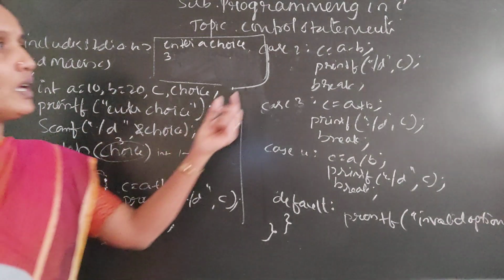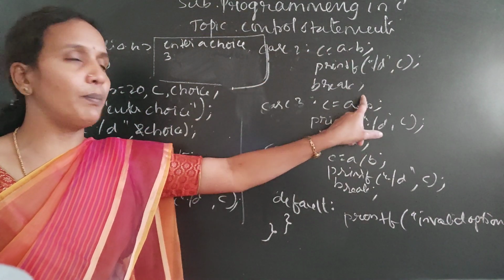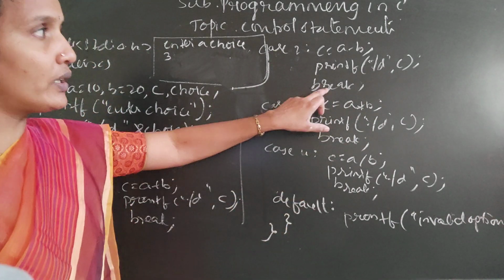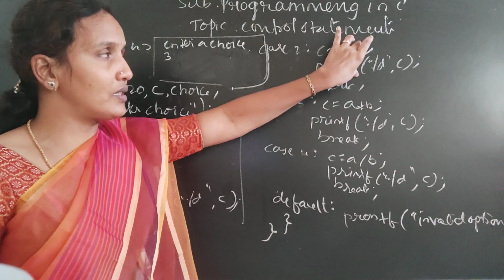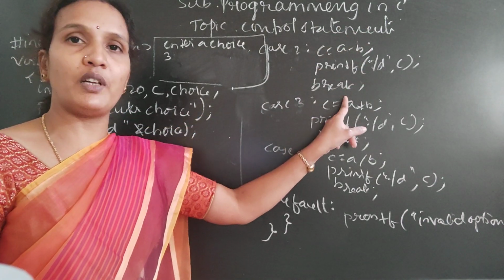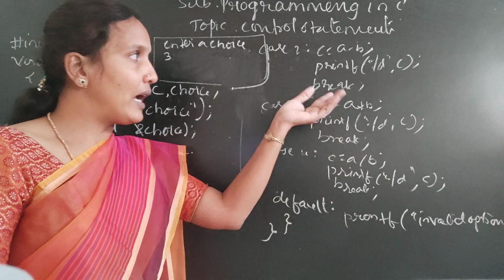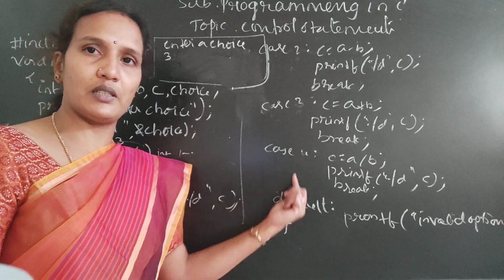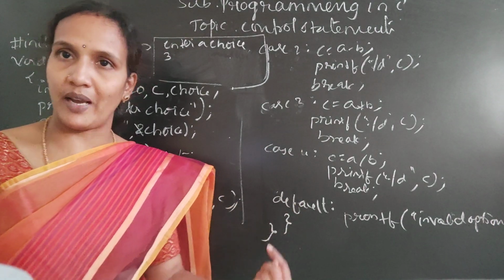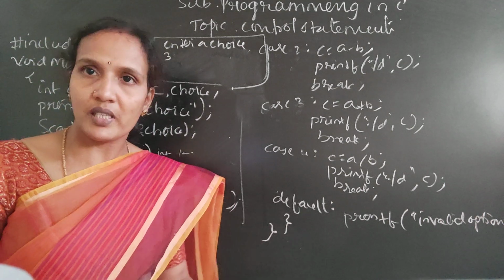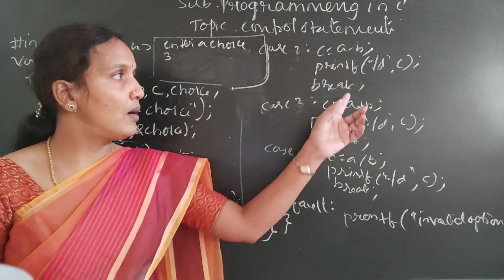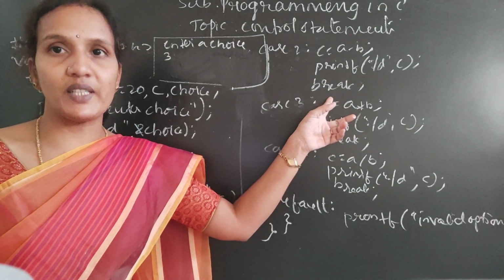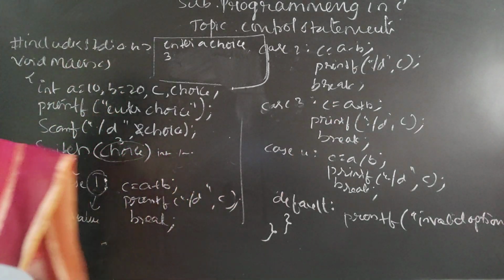And the second one is, every case block should end with the break statement. Means at the end of each block, there is a break statement. What is the use of this break statement? When this block's statements are executed, the break statement will break the decision, means control won't check the next cases. Because if one case value is matching, that block will be executed and the remaining should be skipped. How is the remaining skipped? By using a break statement. Okay, so this is about the switch statement. Clear? Take a screenshot of this.